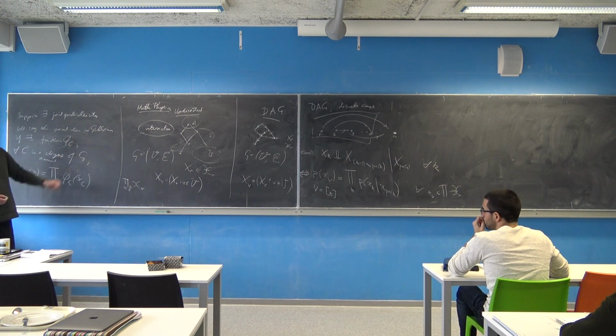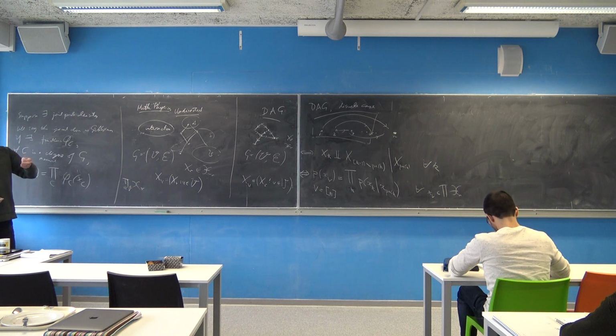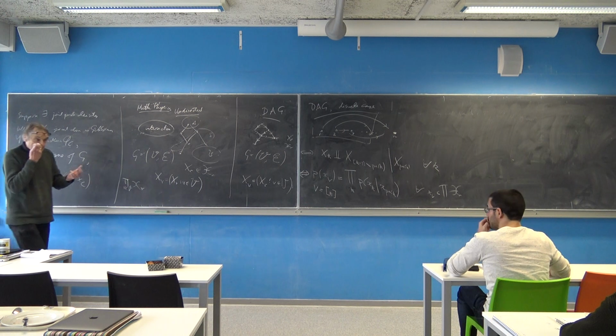In other words, X_A is independent of X_B given X_S for any A, B, and S such that S separates A from B. And the proof is